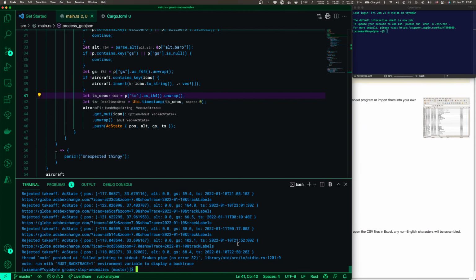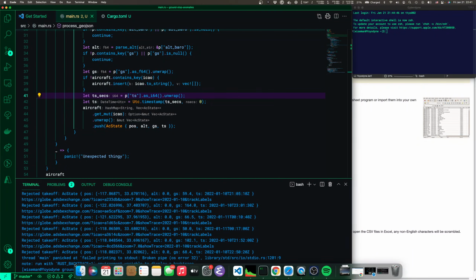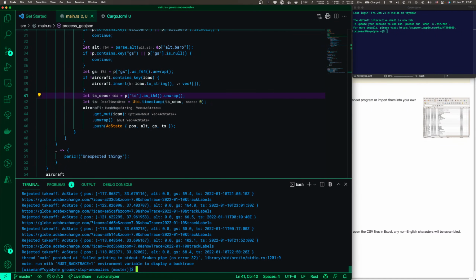It won't fix the touch and go issue. So we'll have to do something else about that. But I think that is a problem for another night. Didn't write a whole lot of code, unfortunately. One janky function. But I think that's okay. Yeah, let me just think about this a little bit. So we